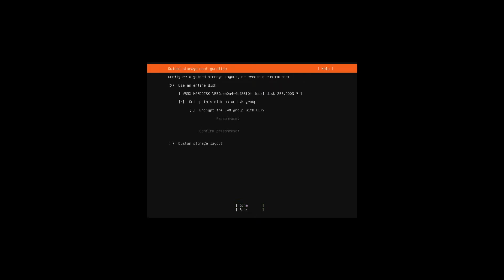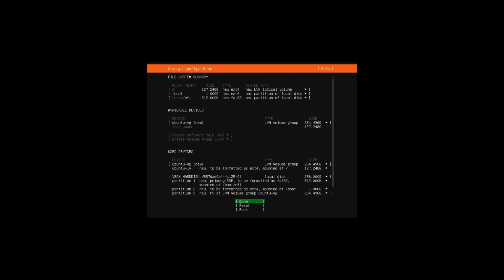Here I'm gonna choose to use the entire disk. It will format it, you know, the boot partition, and put everything on one partition. It's pretty good. I like this option. If you want to customize it, feel free to do that. I showed on other videos how you can customize everything. Okay, you just press tab until you get to done, and then press enter. And then here basically what it's gonna do, as you can see,